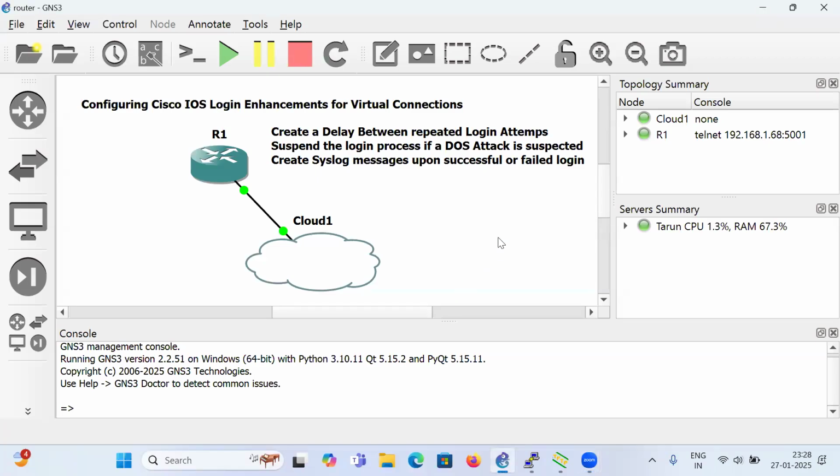In this video, we are going to configure Cisco IOS login enhancement for virtual connections. By default, you know that we manage our router through either Telnet or SSH, and the attacker also uses remote login to access the router or firewall or your switch. So what these IOS login enhancements do is create a delay between repeated login attempts, as I have mentioned here,